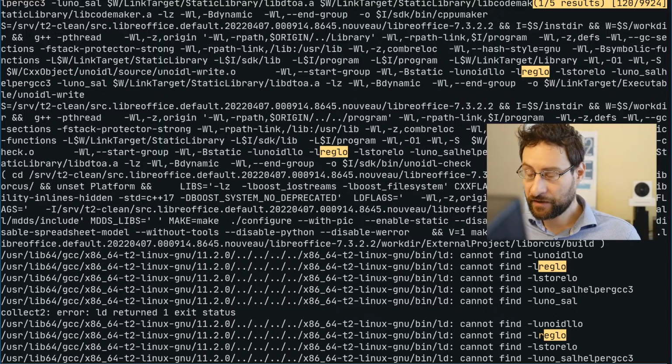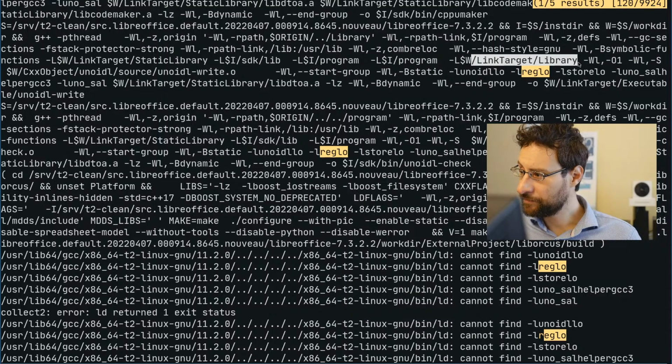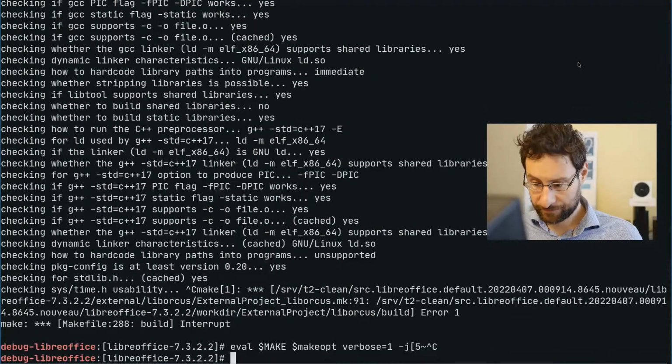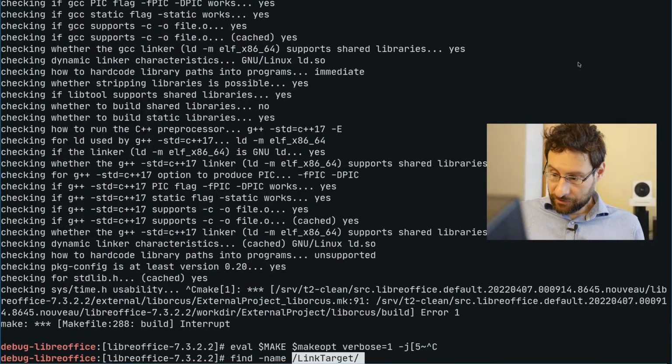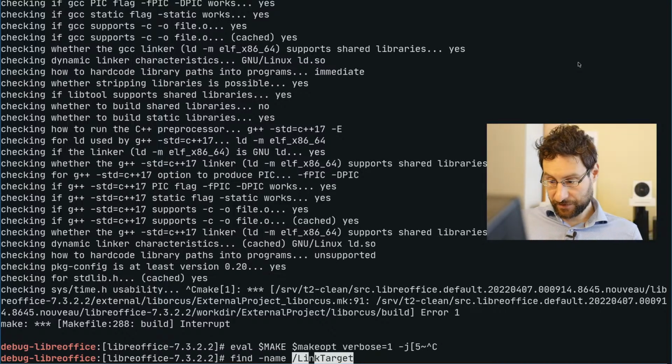Yeah, so they are there. Here's some path library, link target library, link target executable. Gotta love debugging complex projects and build systems.